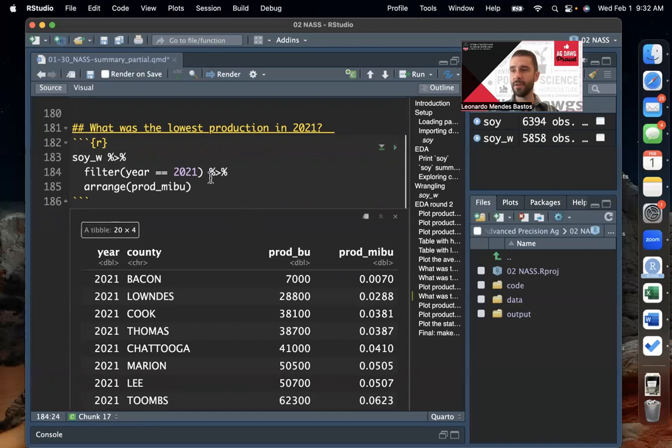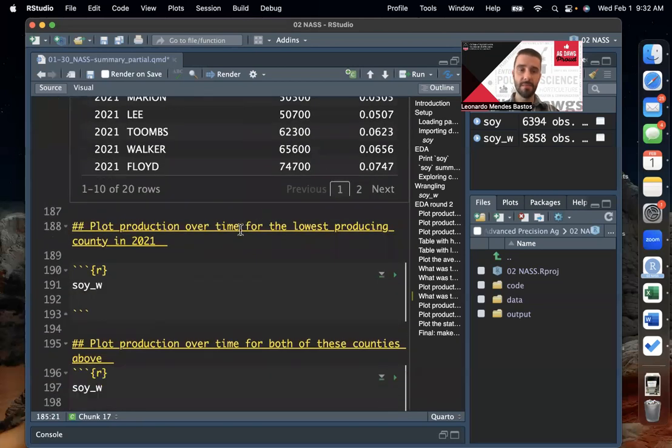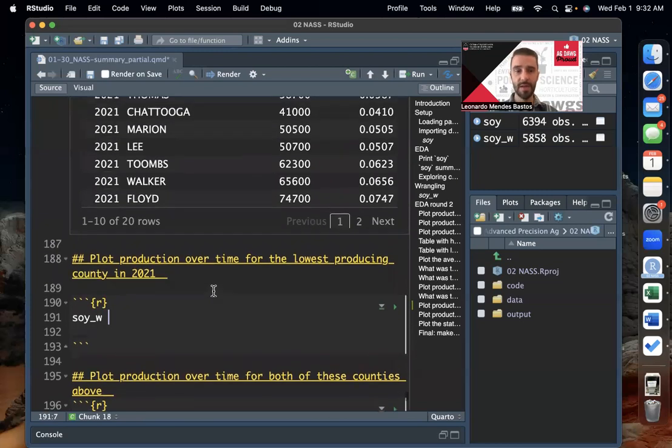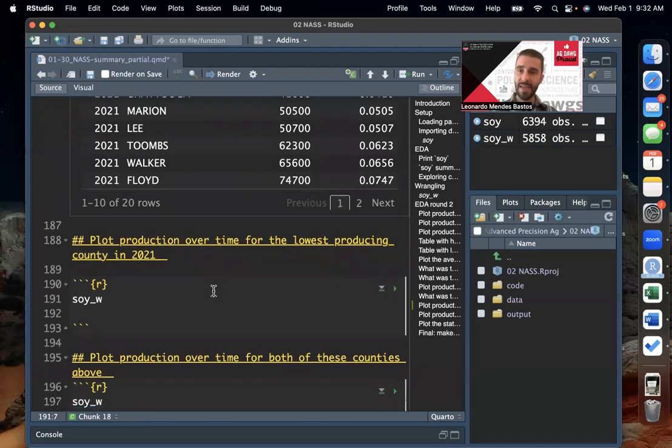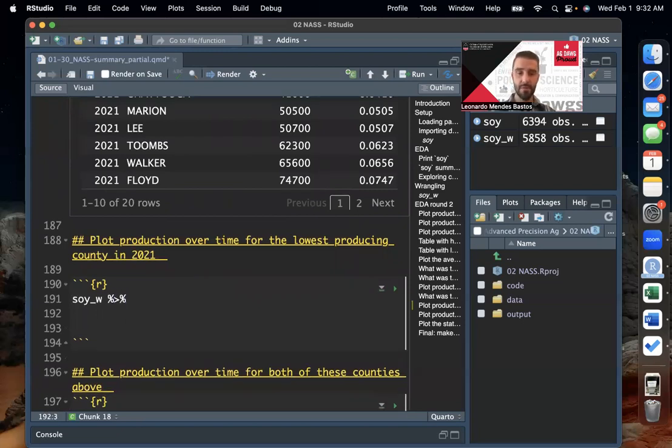Okay, so I had left you most of the code there, I guess all the code there. So you have it all there. Now we're basically going to repeat what we just did above with the plots, because now my question is to plot the production over time for the lowest producing county in 2021. So it's going to be the exact same code as we did above, except that now we're filtering a different county, right? So if we just add a pipe, we're going to say filter county equals Bacon, and then plug